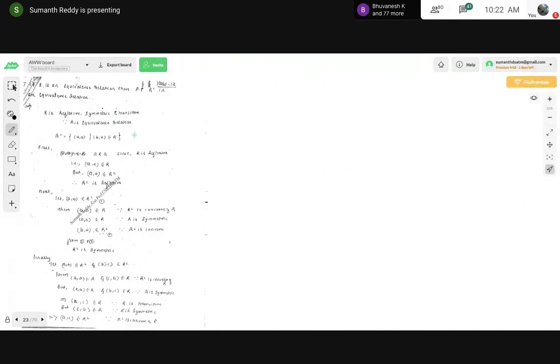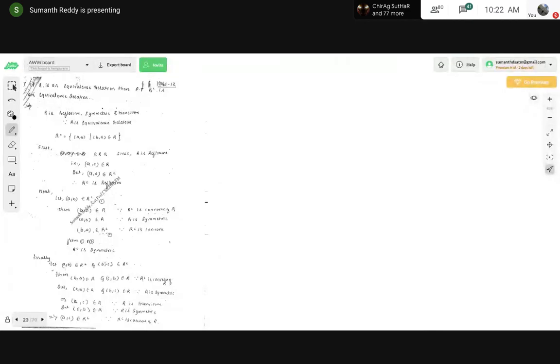Okay. So now, when I discussed the different operations that you can perform on a relation, I explained union, intersection, converse, and complement. Complement is the one where first you find the Cartesian product, and after that you include only those ordered pairs which are present in the Cartesian product and not in the relation, right? Whereas the converse is very simple. If you have the ordered pair (2, 3), then its converse is just (3, 2).